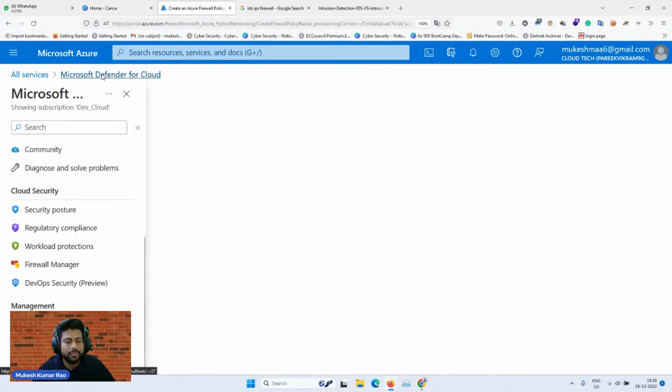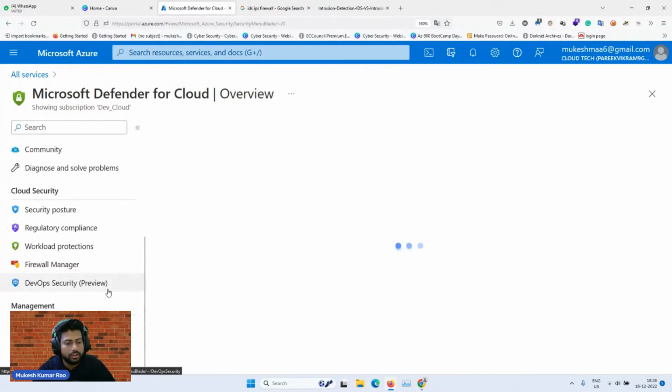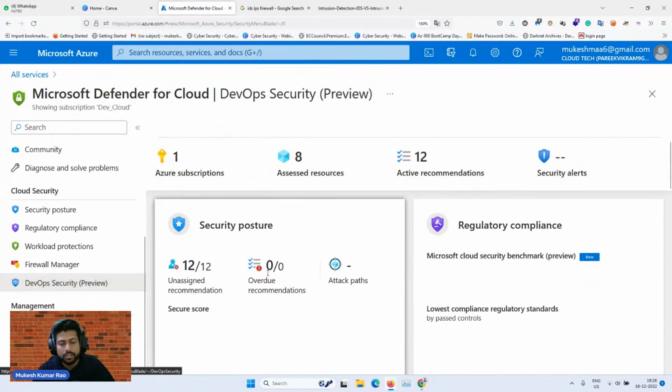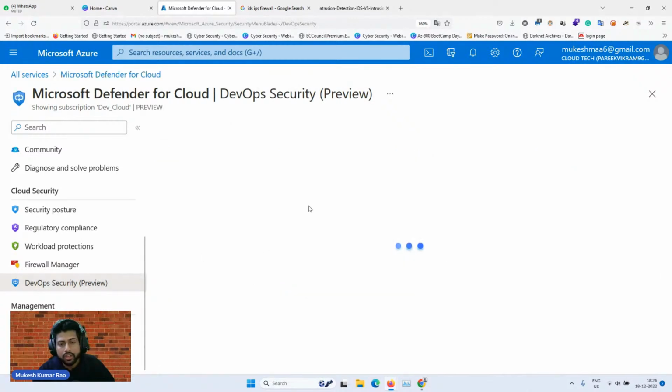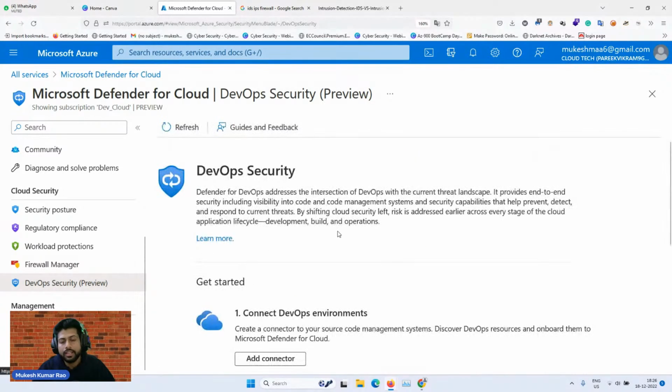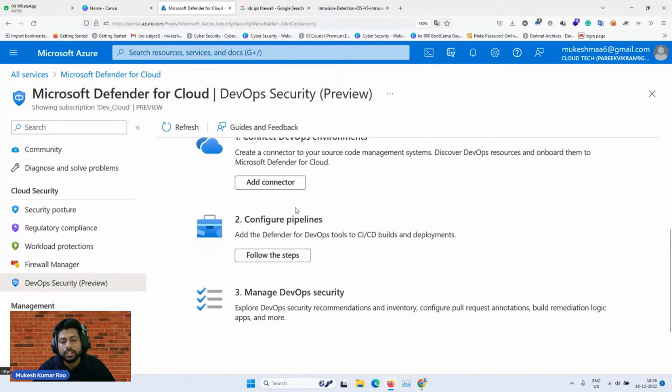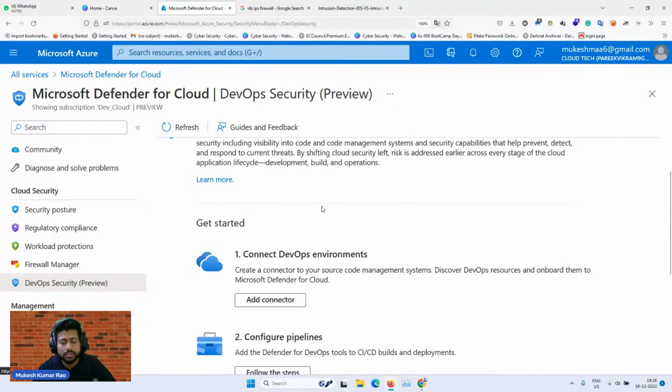Okay, then you can go back. DevOps security is also available. We have introduced a new one, DevOps security, for the pipeline and the process part. But here we have a different environment through which we can connect. That is dev.azure.com. So there we can connect the DevOps pipeline through Azure cloud, and there we can put security. But that is a little bit different path.